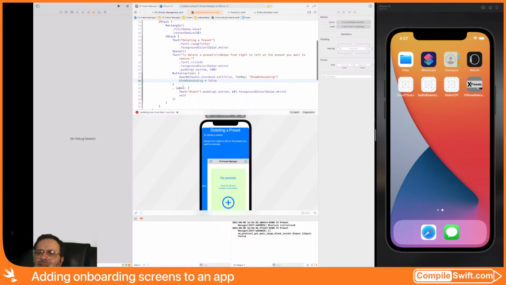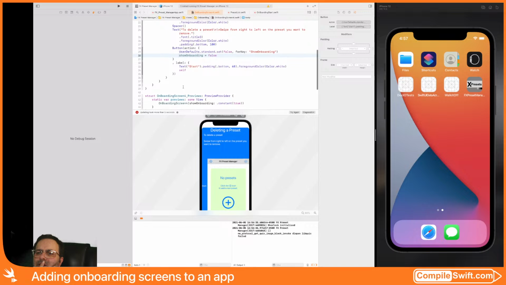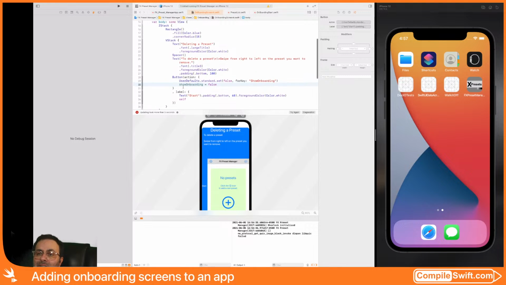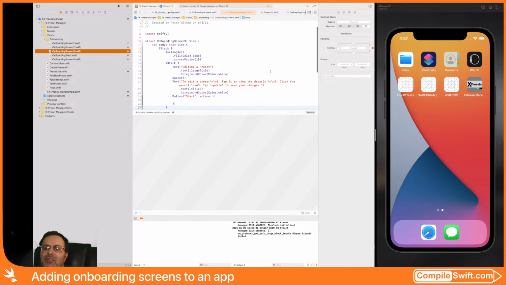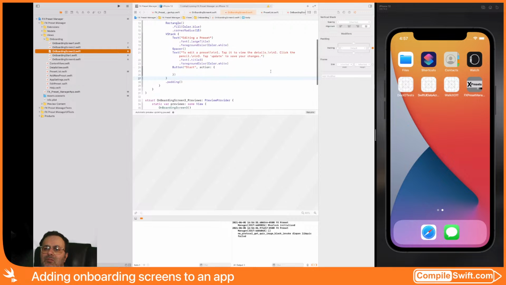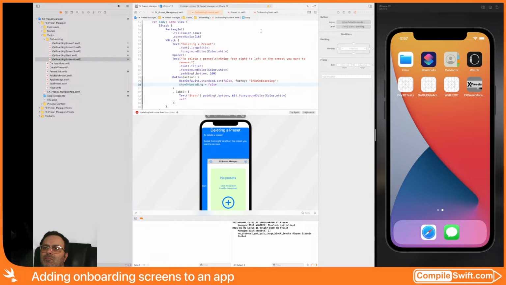Thing is, what could it be? And I don't think there's any view modifiers here. But you know what? Just to make sure I didn't do something stupid, let's just look at the third screen. No, I mean, it's very simple, very straightforward, right? Okay. I think the fact that it happens when it's loading the third screen is a coincidence, and it's really about the fourth one is what I'm thinking. Because